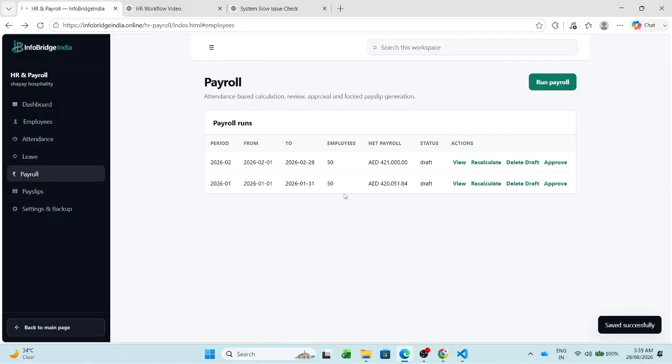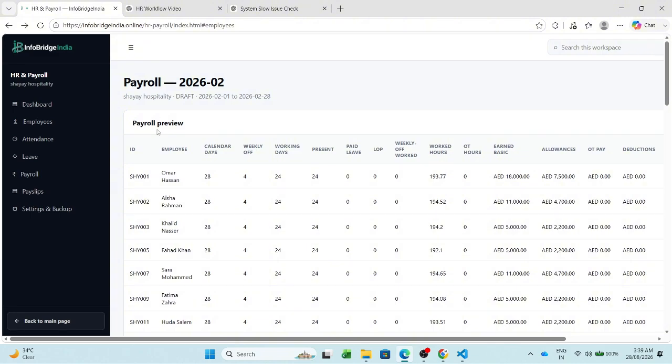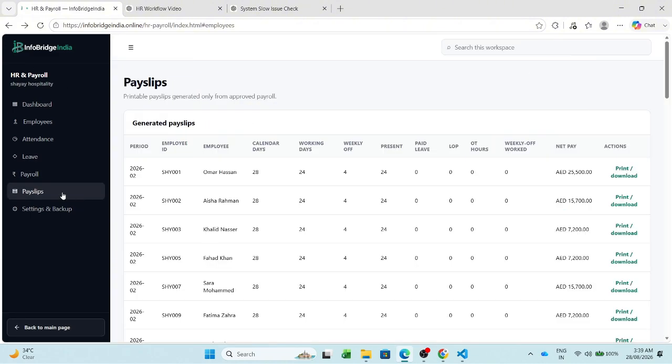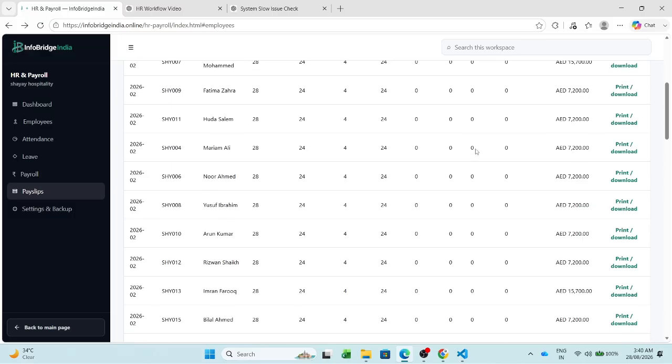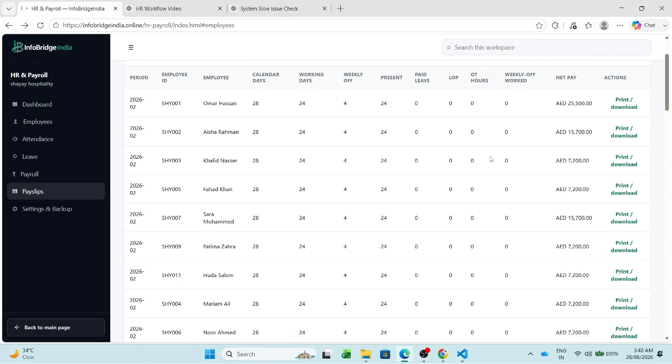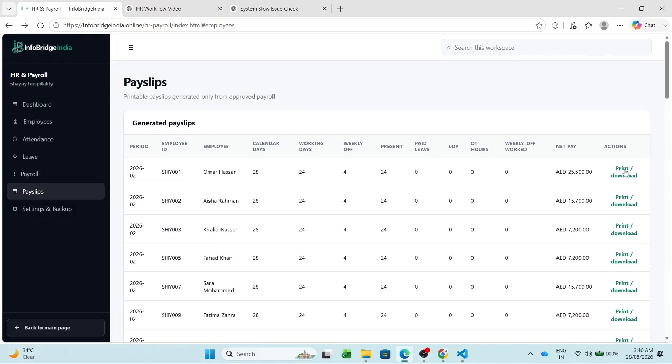Okay, now that we've cleared all the attendance issues, let's run the payroll once again. Everything looks good now. Let's do one final check and approve the payroll. Done. The payroll process is now complete. Here, we can see the pay slips for all our employees. We can set them up for email delivery, or we can print them and hand them over directly to the employees. Let's open one payslip and see how it looks.